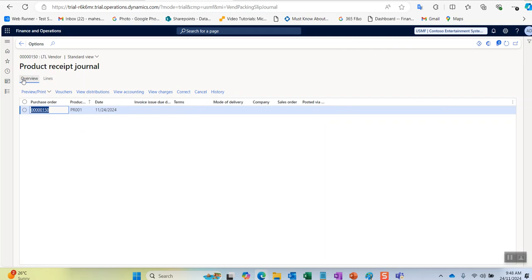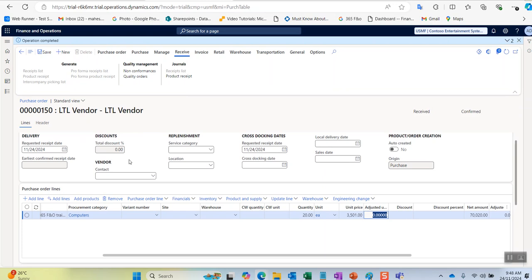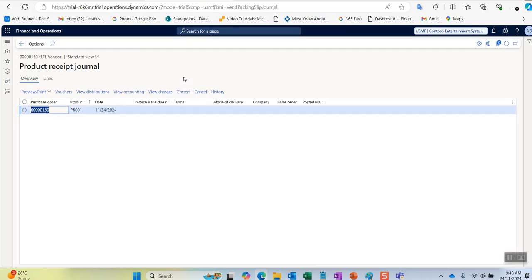Now case 2 is, I have to receive 10 quantities, but by mistake I have received 20 quantity. Okay. So in this case, how will you correct this particular product receipt? For that, you will go to the receive tab. Under the receive tab you can see the journals. Under journal you can see the product receipt. Click on this particular product receipt. Now you can see there is a correction. If you click on this particular correction,